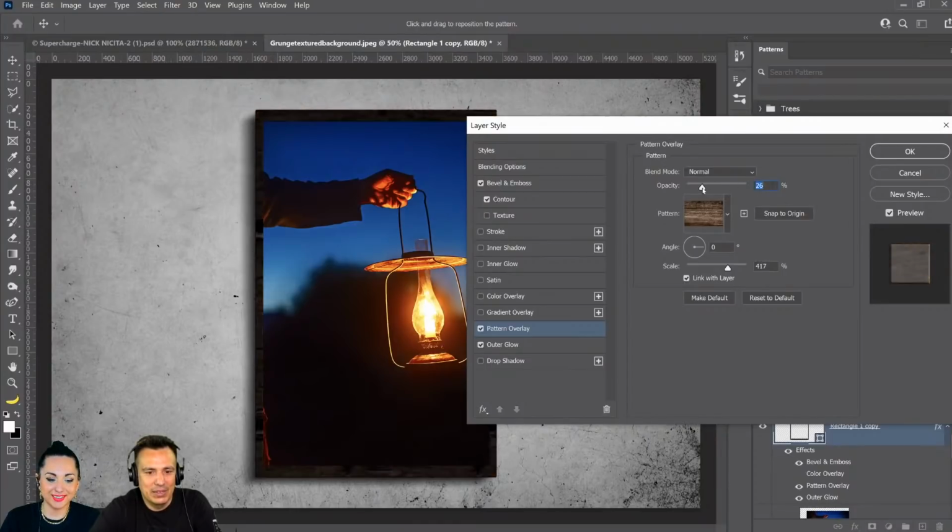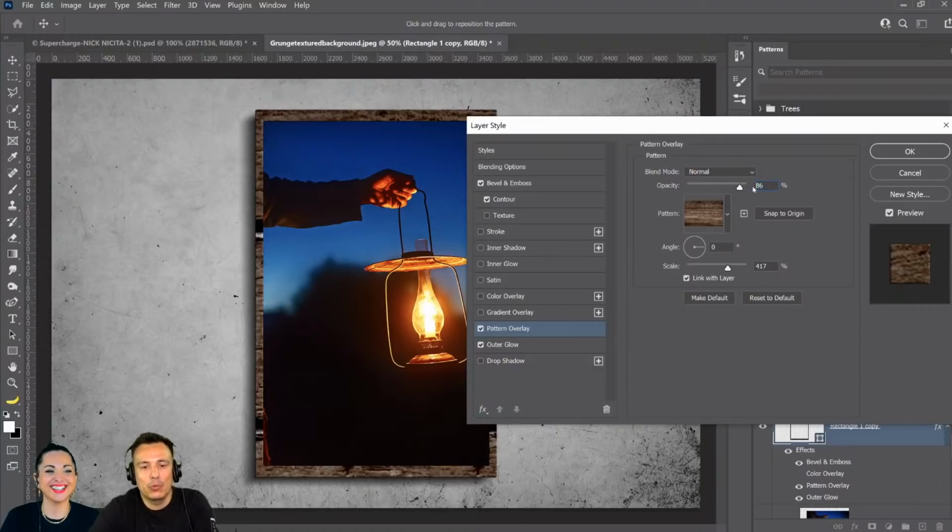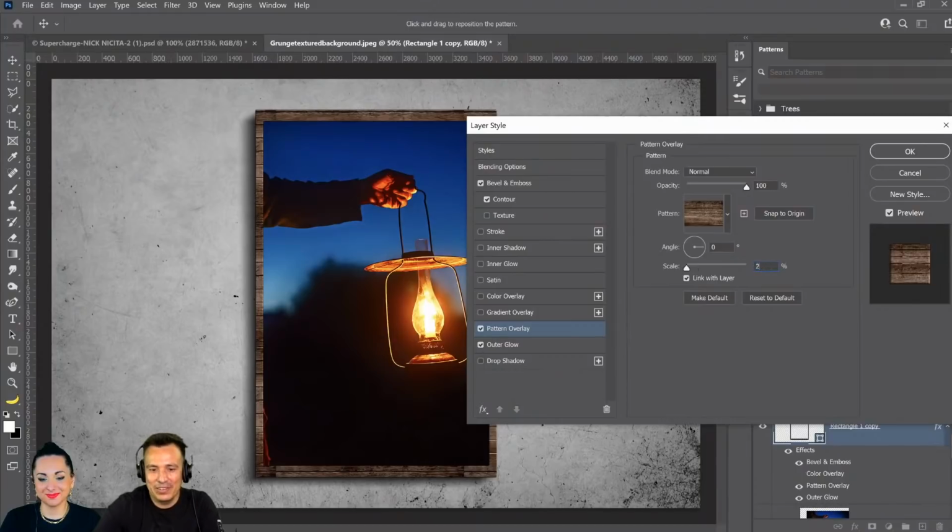Do 25. Jesus Viola is asking, not a morning person, Jesus? No, clearly not. See, like I'm working on the opacity, thinking I'm scaling it, and I need to go into the scale. Today's just not my day, guys. I don't know what it is.